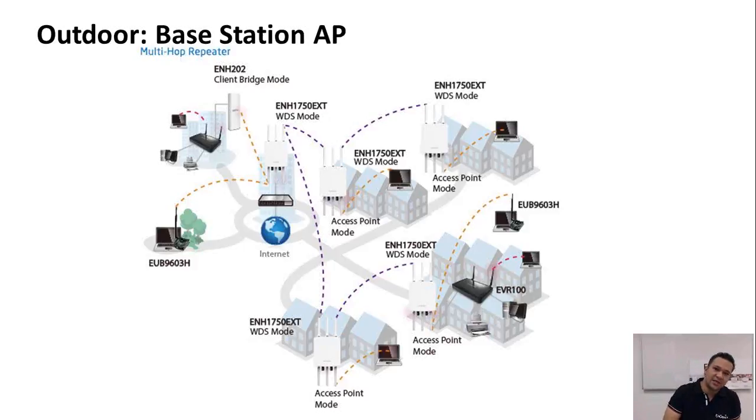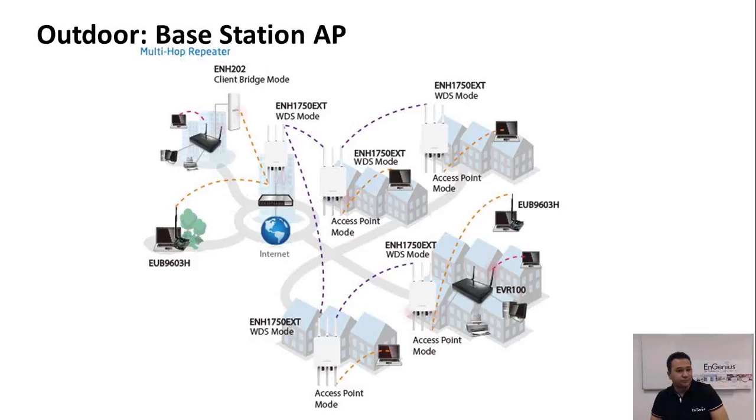In this case, the ENH 1750 EXT is set into WDS mode on 5 GHz, so you have a transparent connection to link the devices together, and this part we call backhauling. And the end clients, the final clients, are connected to the 2.4 GHz, which we put in a normal